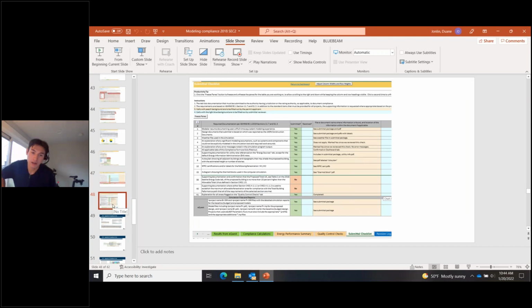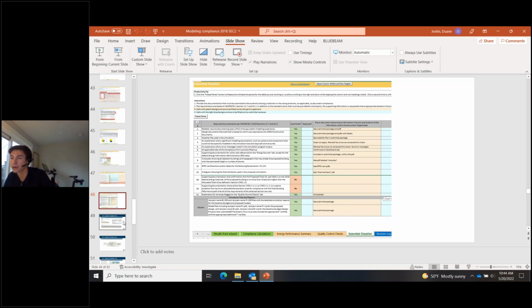So kind of alluded to it earlier, but the compliance form, when you go in for permit, is not going to be the only thing you need to submit. If you look at the Appendix G documentation requirements, the form checks off most of the stuff, but there are still some things that it can't capture. So this list just kind of tries to generate a list of things that you also need to provide. So just reviewing this checklist, making sure you're submitting what it's asking for, and if you're not, giving a reason for not submitting that item.